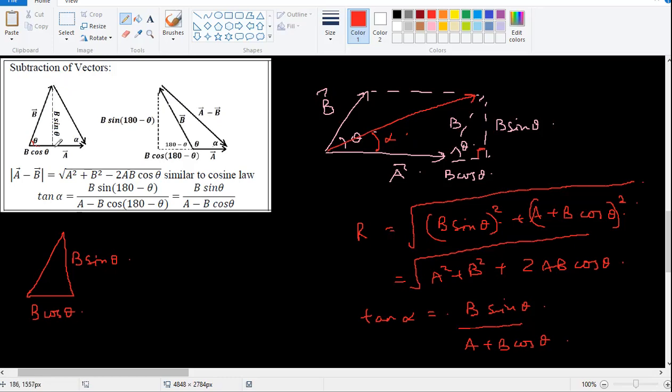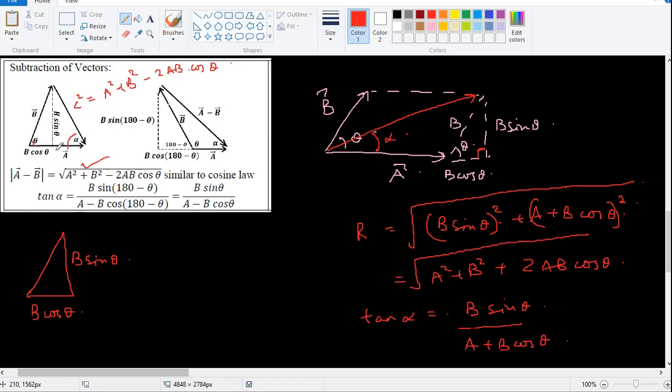Okay, I said right triangle. So that means this is theta. So cosine law means this side C squared is equal to this square plus this squared minus 2AB cos this angle. So from this cosine law, right, I got this one. That is what is your A minus B, this magnitude. If I want this angle alpha, right, so this is my A minus B. If I want it with respect to A, I should take this as alpha. And that's where I think I use the tan alpha.